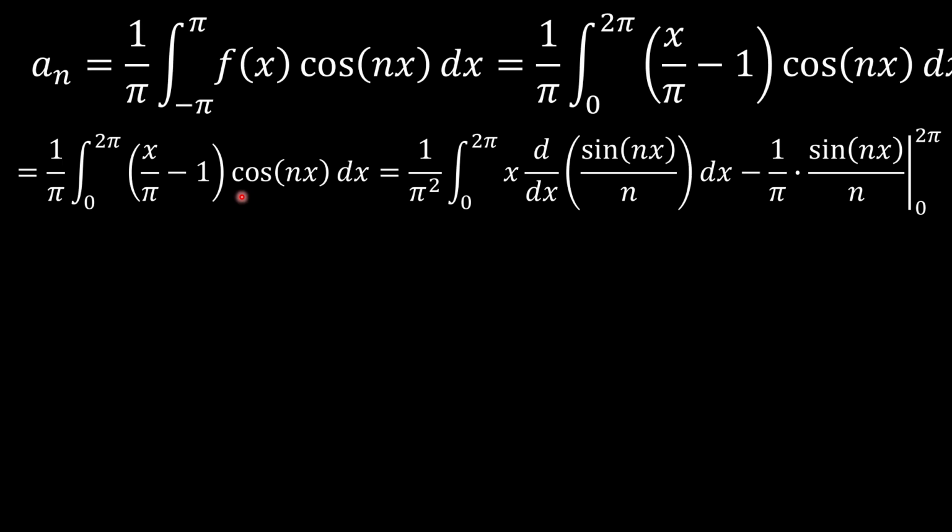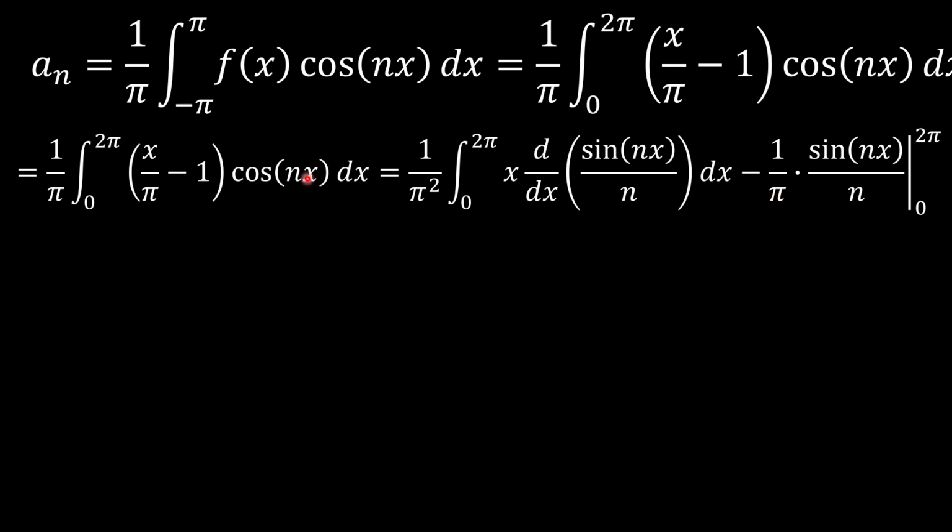And so what we do, as usual, I would just separate. What's important to note here is we are beginning from 0 to 2 pi. We've separated this into two separate integrals, and we've pulled out this 1 over pi, so we have 1 over pi squared, the integral from 0 to 2 pi of x times cosine nx, which is the same as the derivative of sine nx over n with respect to x, okay, minus 1 over pi,